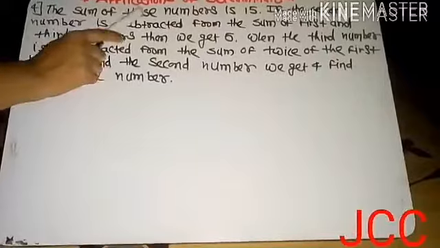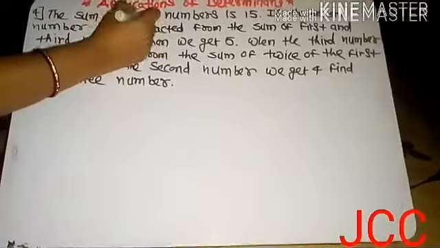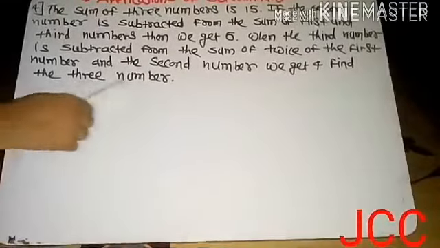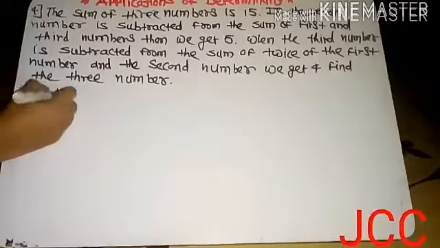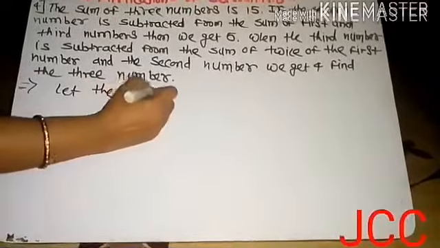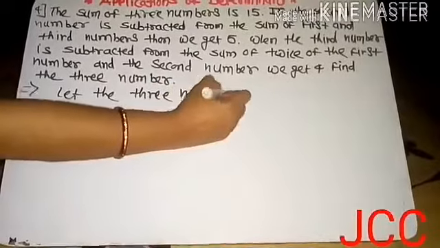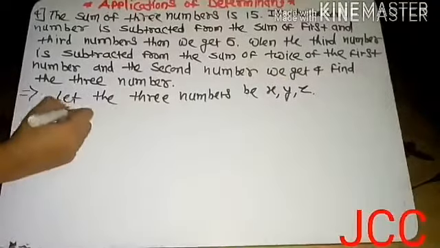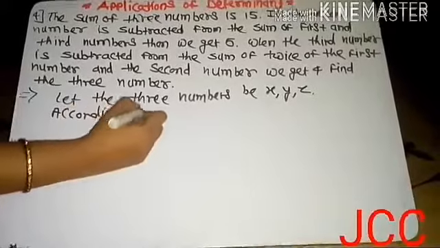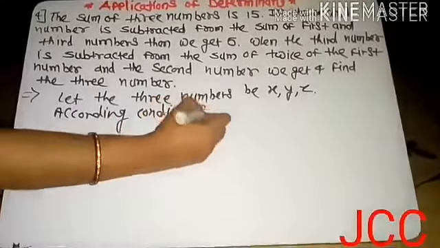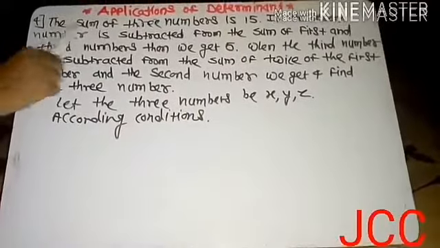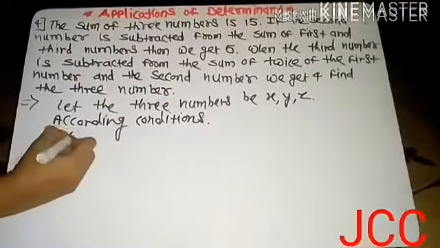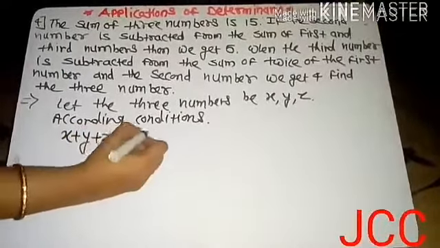The sum of three numbers is 15. म्हणजे 3 नंबरचं ऍडिशन 15 आहे आणि आपल्याला ते 3 नंबर्स फाइंड करायचे. मग सुरुवातीला आपण कन्सिडर करू. Let the 3 numbers be x, y and z. Now using the given conditions, according to conditions, there are 3 conditions in the question. According to conditions, the first is the sum of 3 numbers is 15. म्हणजे 3 नंबरचे ॲडिशन 15 आहे. मग आपलं पहिलं इक्वेशन येणार x plus y plus z, that is equal to 15.